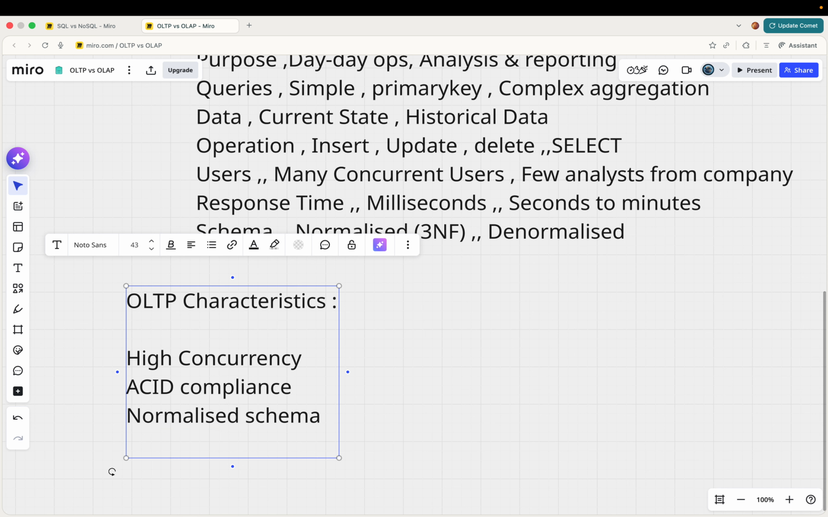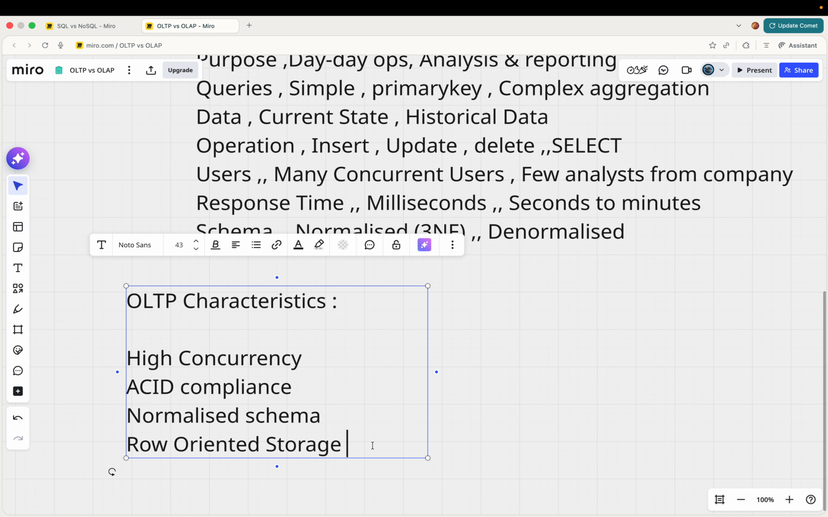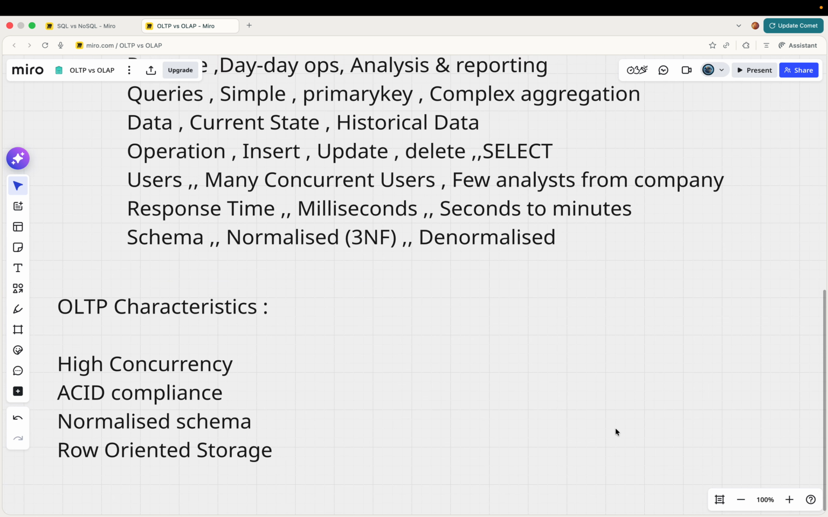And this is the most important thing, that is row-oriented storage. If we store based on the row, the simple writes will be faster. It is optimized for the smaller writes. So in that case, generally we prefer row-oriented storage. Now if we see